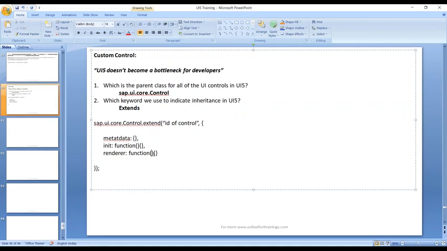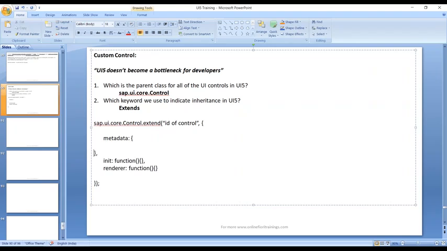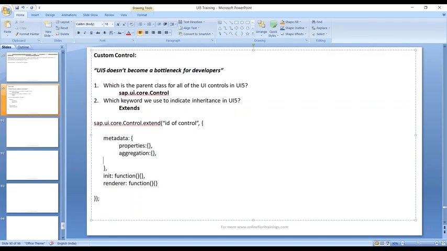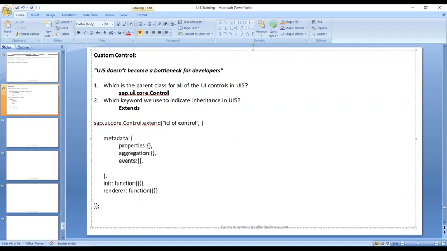So what is this renderer function? This renderer function is where you have to tell the system what is the equivalent HTML code. There are three major sections when you're designing your control. First is metadata. Inside this metadata section you're going to put three things. First, properties. Second, aggregation, if you have any aggregation. Third, events. And then you're going to put something called functions. That's what you will be putting as part of this